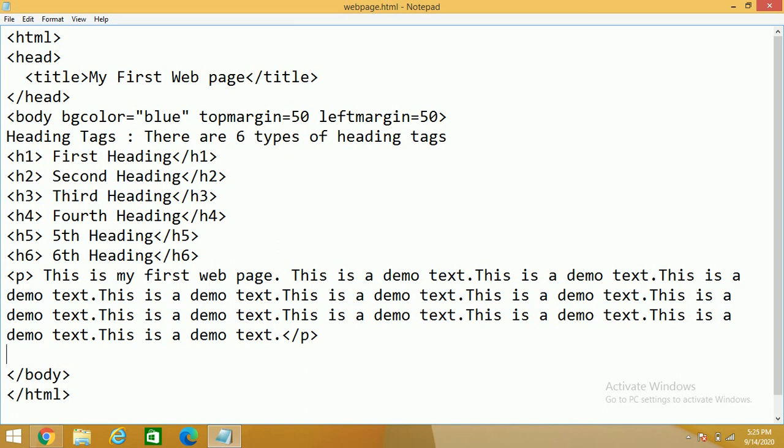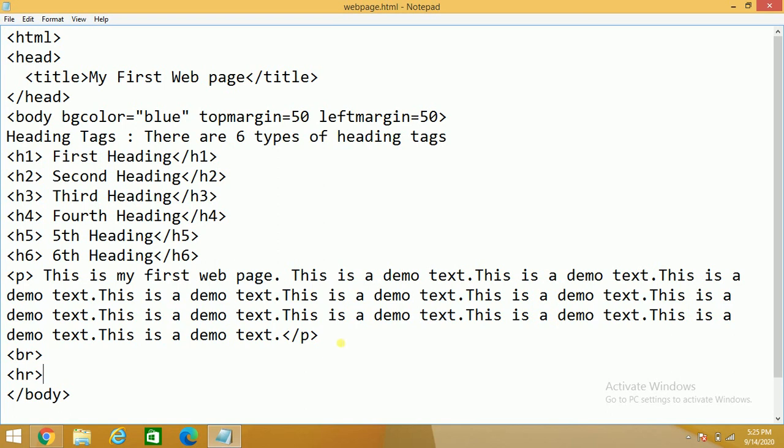Now I am going to use BR. Why will I use BR? So that I can give space. Suppose if I write BR here and I am going to create one more paragraph, or if I want to write something, I want to give some line. So I will use HR. Why? HR is for horizontal line.